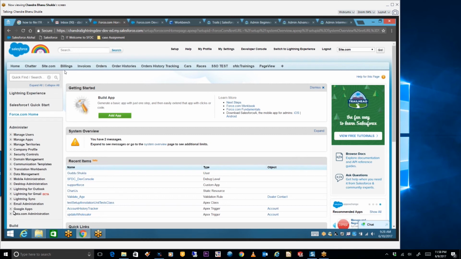If I cover user management today, I will give you 5 to 6 scenarios. You will go and do that. Then I will give you one project listed in Trailhead. You will go and do that. The next day, when you meet, you should have at least 5 to 6 questions to ask. Chandra, I have done this. Then we will discuss the scenarios in a friendly manner.